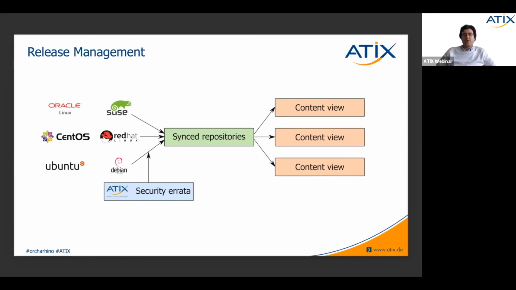So we were talking about reproducibility. Sorry. If we want to deploy a server a week from now, and we would like to have it identical to how it is today, we are able to create so-called frozen repositories. This is called a content view. We just publish a content view.